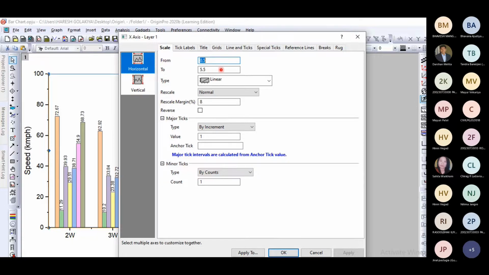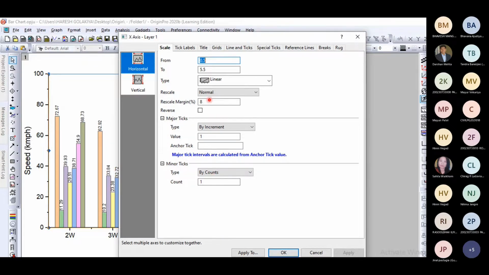You can change the scale. You can change the major tick. Here major ticks are 0, 20, 40, 60, 80 and 100. And minor ticks are 10, 30, 50 likewise, right? So this changes after every 20 interval for the major tick, and for minor tick it is 10.